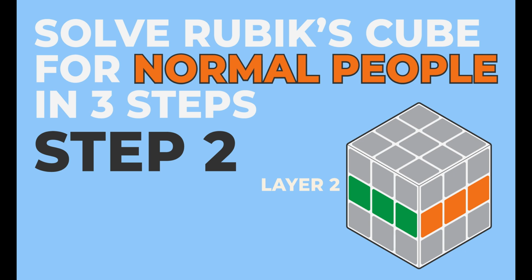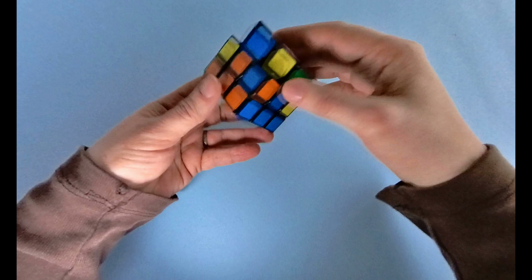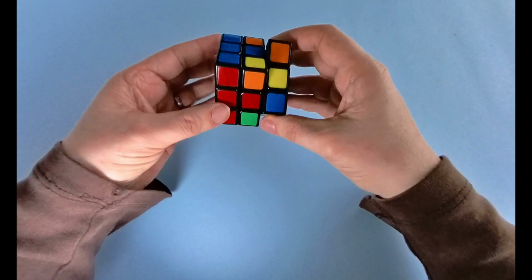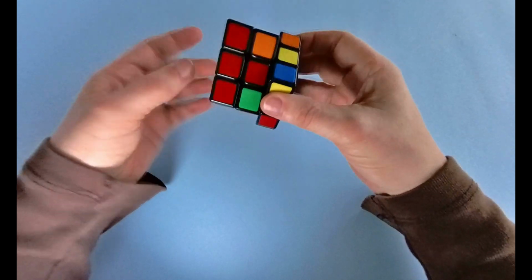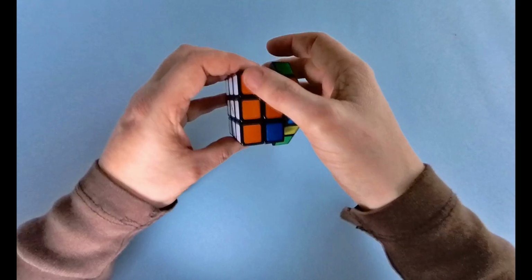So we completed the first step. Now we are going to complete step 2, which involves completing the bottom 2 layers. If you followed the steps along the way, you will have each of the colors here matching,